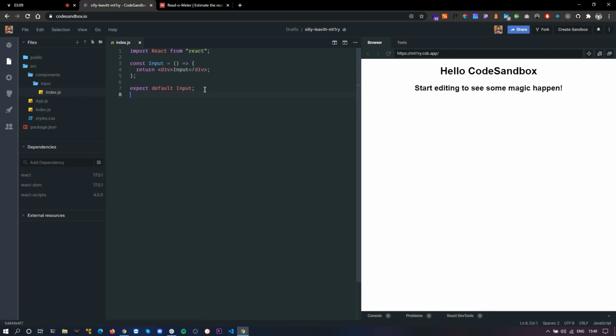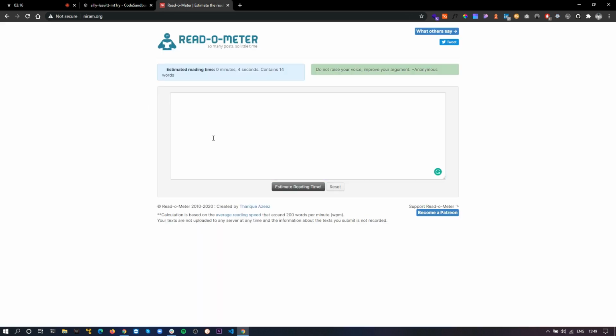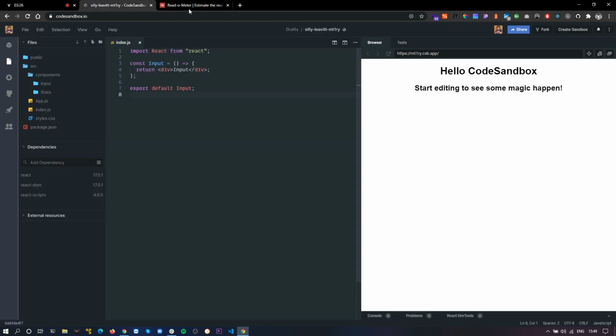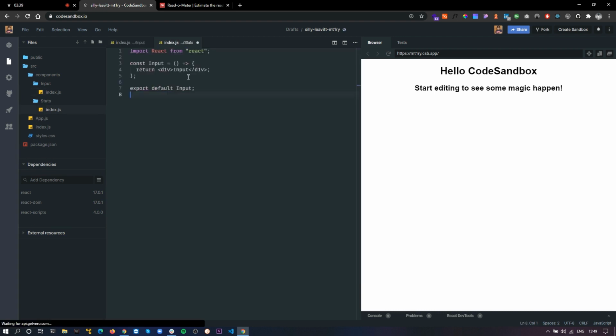Okay, so this component is ready, and we need one more component that will be stats. This right here is my stats component, where all of the stats will be rendered, how much time it's going to take and how many words it contains. I'll make a file the same as I did in my input component, index.js. I'll copy the code from here and paste it here, and rename this to stats.